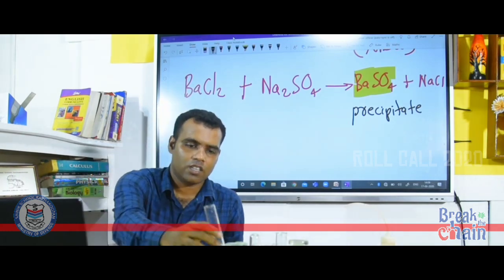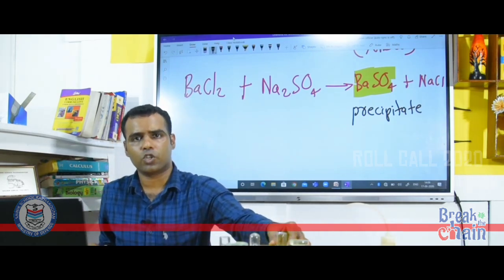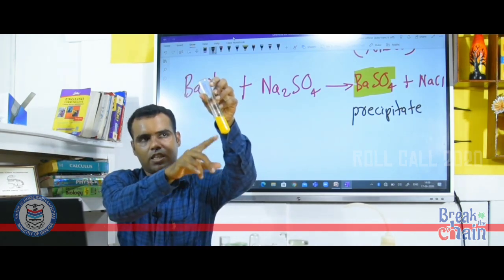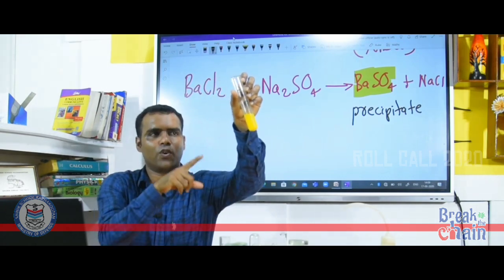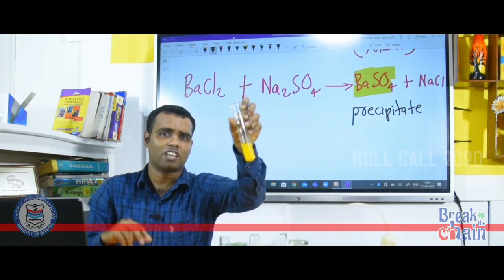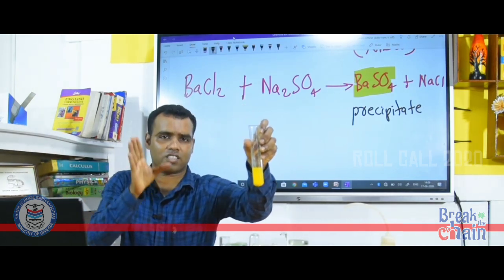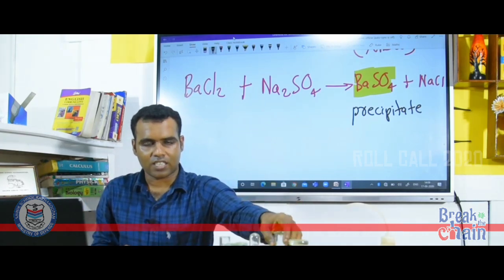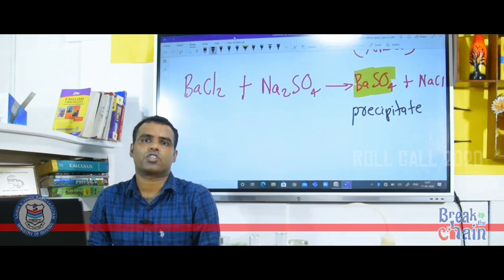If you ask, sir, the last reaction also is an example for the formation of precipitate, definitely it is. See, you could see on the bottom of this test tube, it is settling. You could see the yellow colored solid there. Again, this is an example of formation of precipitate. In both cases, there was a change in color: one from colorless to yellow, one from colorless to white, like the color of milk. So the second sign of a chemical reaction is the formation of precipitate.